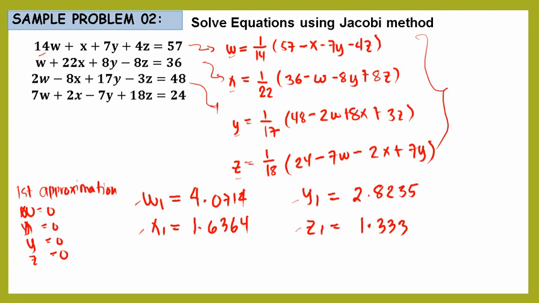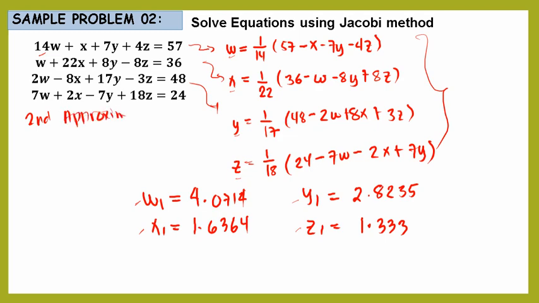So, coming to our second approximation, that is our value. For our w2, this is still our equation. The x, y, and z are just the values here. So, we just substitute the values we got for w, x, y, and z in the first approximation to get the second approximation in our equation. So, if we substitute these values here, we get for w for the second approximation equal to